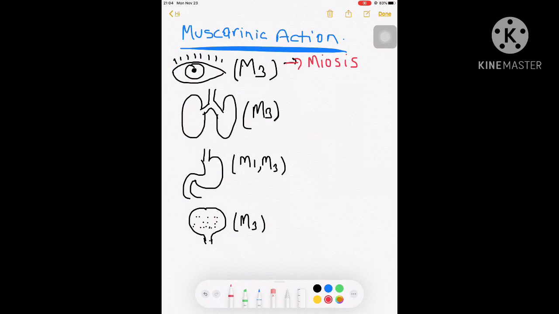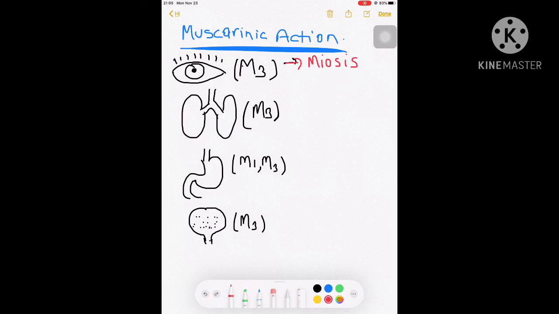It was also difficult for me to remember which one of miosis and mydriasis is the constricted pupil. Miosis is a relatively smaller word compared to mydriasis. Let me write mydriasis. I used to remember it like this: the bigger word means bigger pupil, and the smaller word means smaller pupil. So it causes miosis,